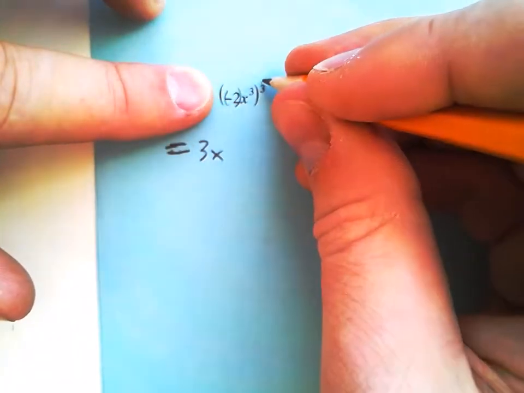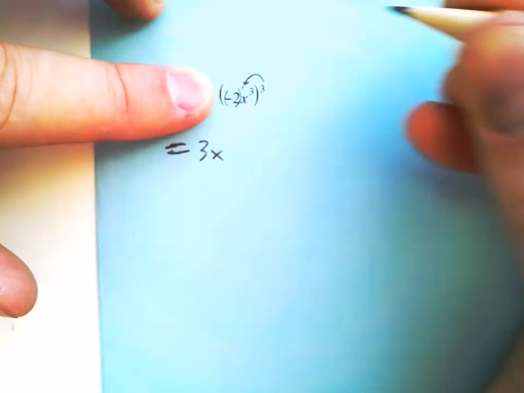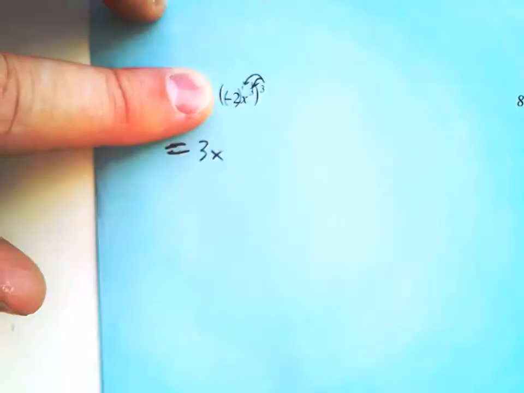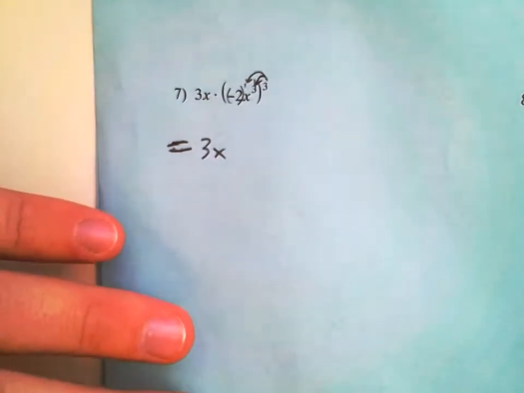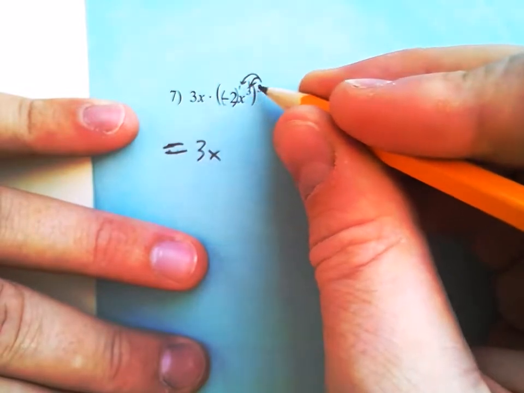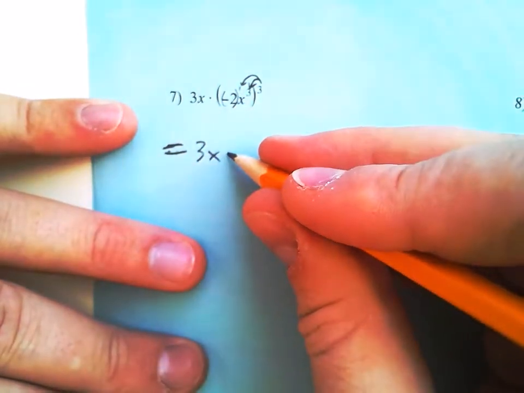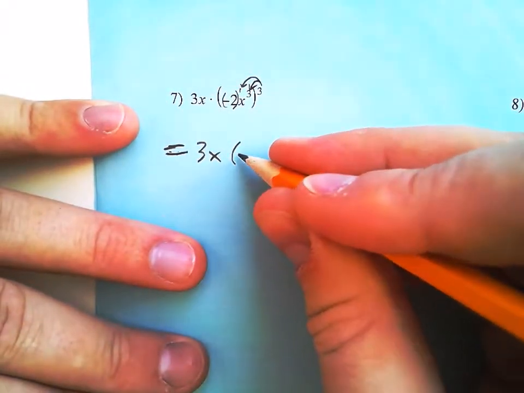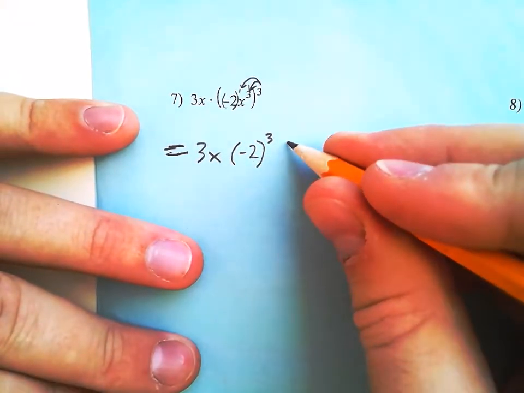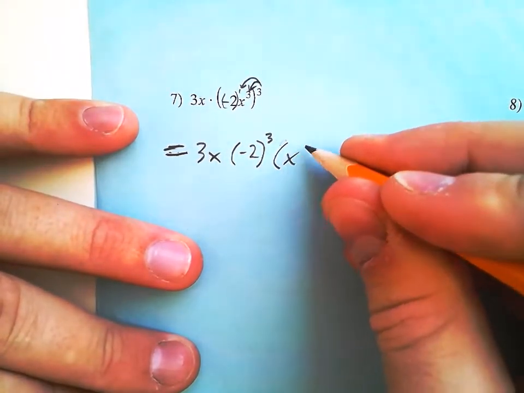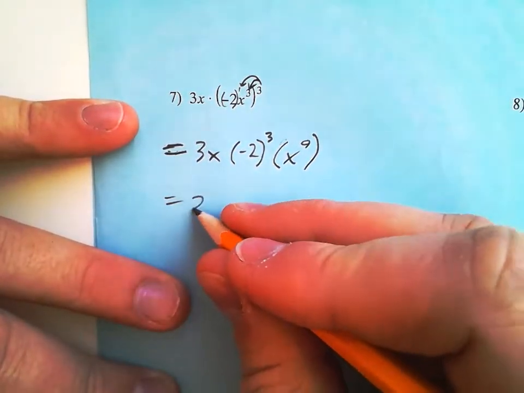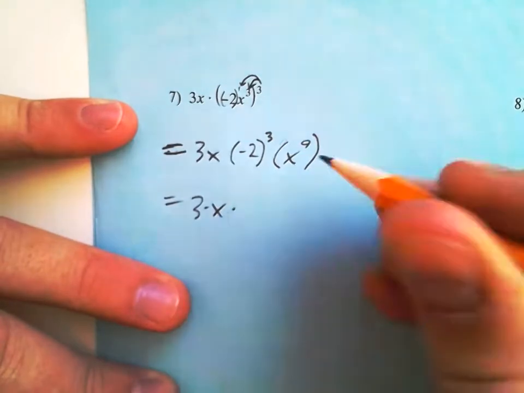So negative 2, that's to the first, I'm going to multiply that by 3, and x to the third, I'm going to multiply that 3 by 3. That's the power of a power property that we learned about. Power of a power, multiply the powers. So now we're going to have negative 2 to the third, and then we're going to have x to the 9th. So that's 3 times x times